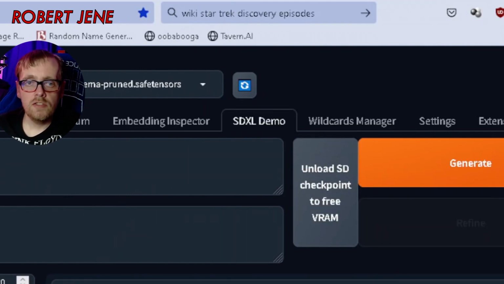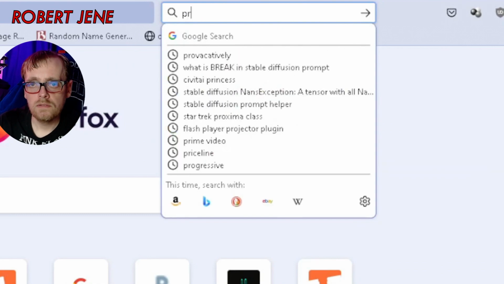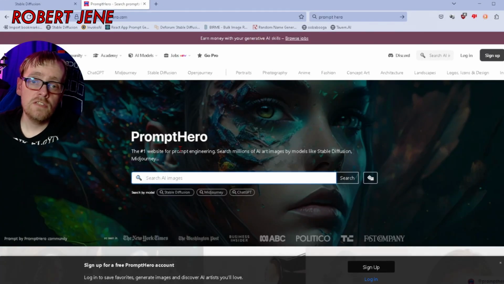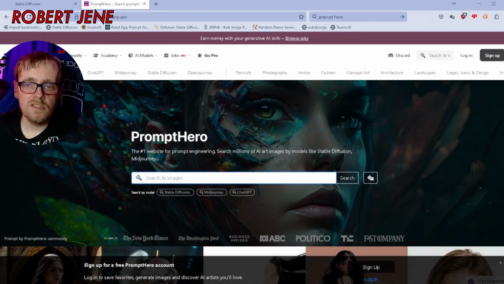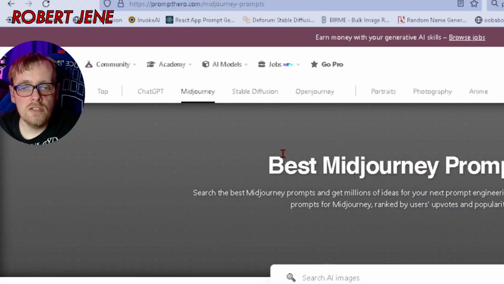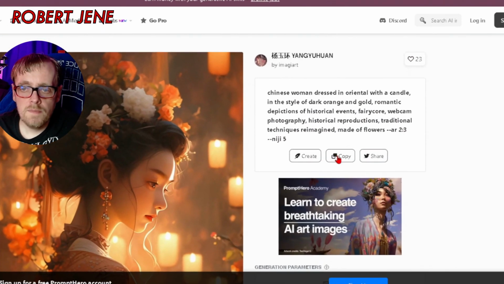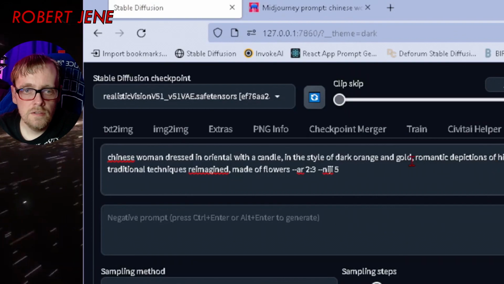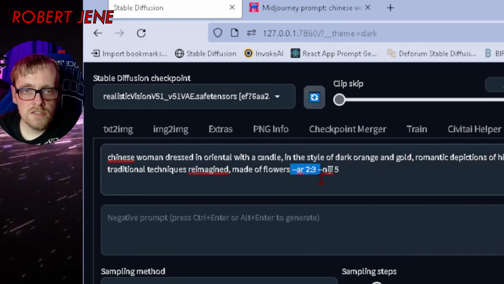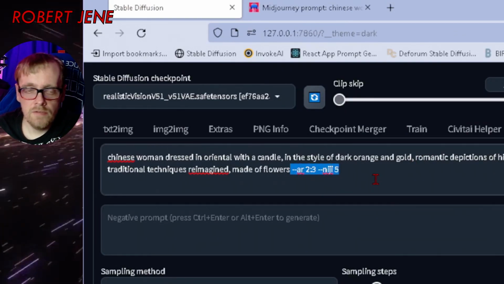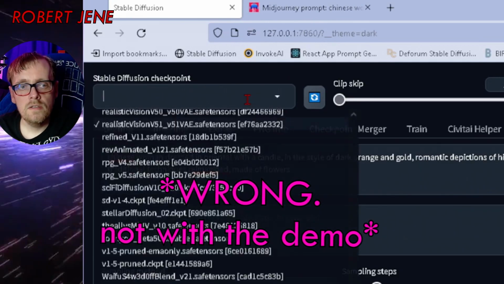was clever about it. First, I'm going to go to Prompt Hero. A lot of times I go to civitai, but I'm starting to use this a little bit to see if I like it, because I heard that SDXL is probably, or maybe, gonna beat out Midjourney. So let's click Midjourney and steal some prompt from there. Let's grab this one right here. I'm just gonna copy this with the copy button, put it over here, take this aspect ratio / whatever this other argument is that I have no idea what it is, then go up here and click that and